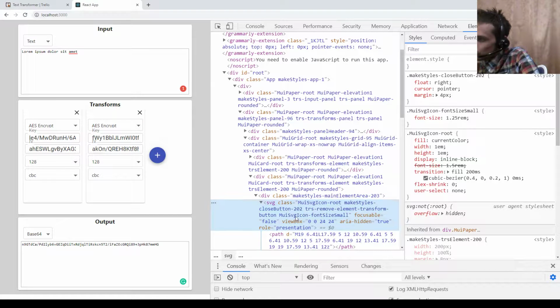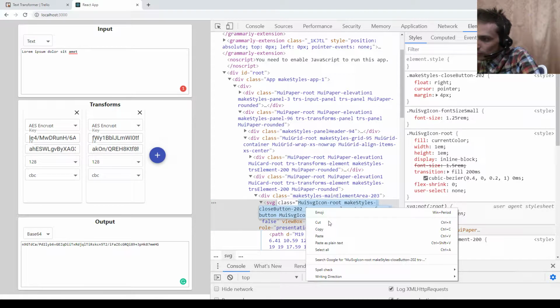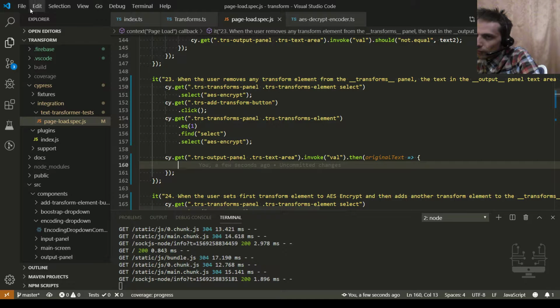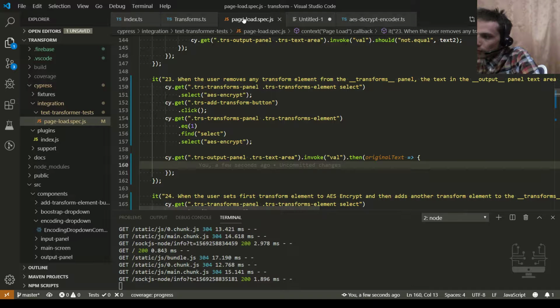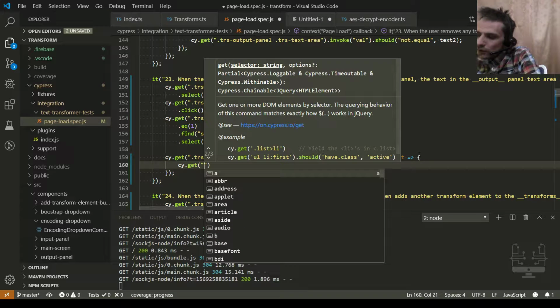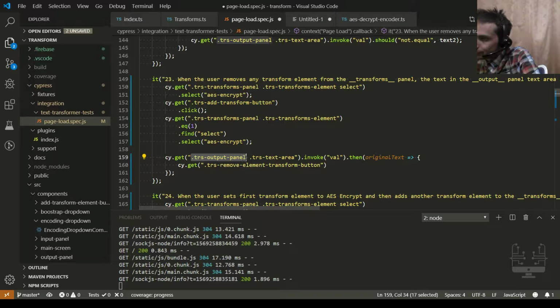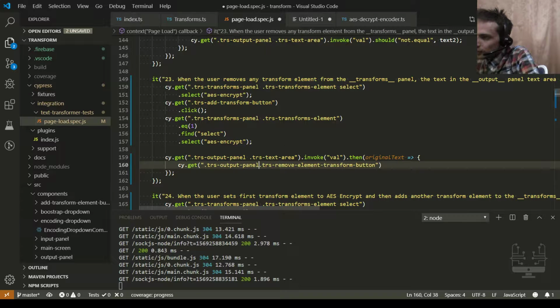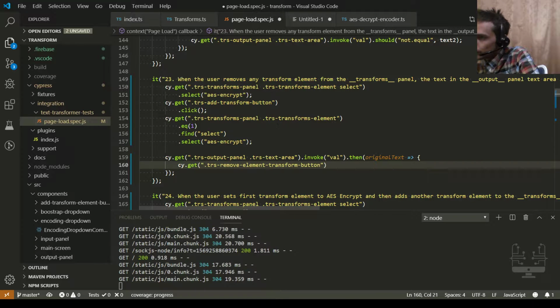TRS remove element transform button. TRS, no, not output panel.